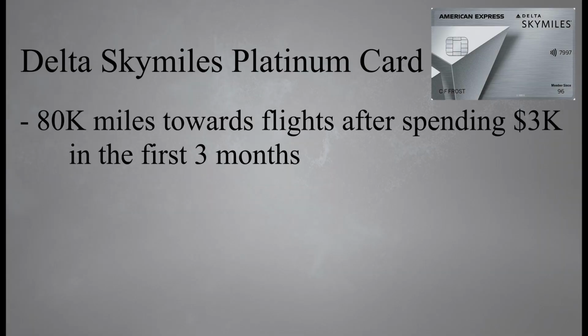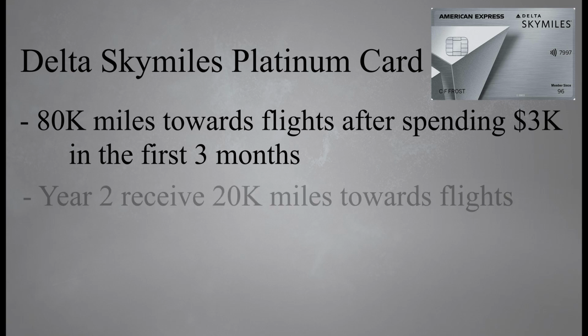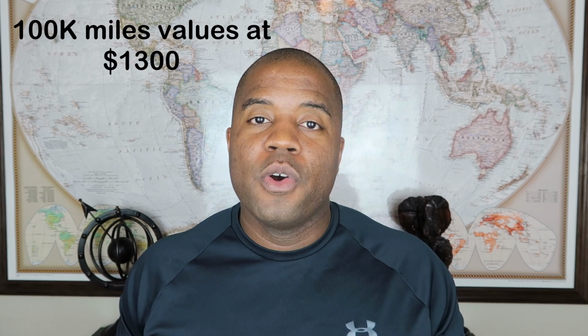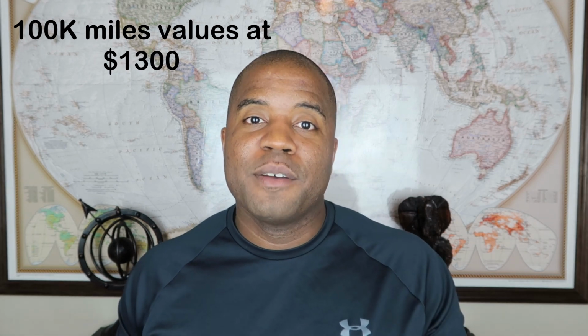Again, you're going to receive 80,000 miles towards flights after spending only $3,000 on the card in the first 3 months of account opening. Also, in year 2 after you pay your annual fee, you'll receive an additional 20,000 miles towards flights. The only difference is you're not going to receive the 20,000 medallion qualifying miles towards status like you do with the Delta SkyMiles Reserve card. But again, if you're not flying Delta quite often, this shouldn't really matter. Again, Delta miles are valued at about 1.3 cents per mile, which means your 100,000 mile sign-up bonus is valued